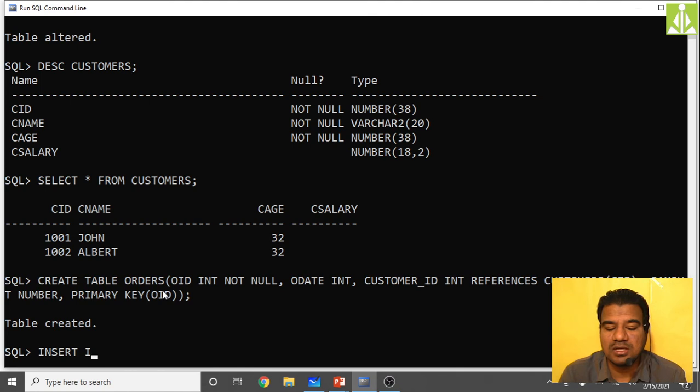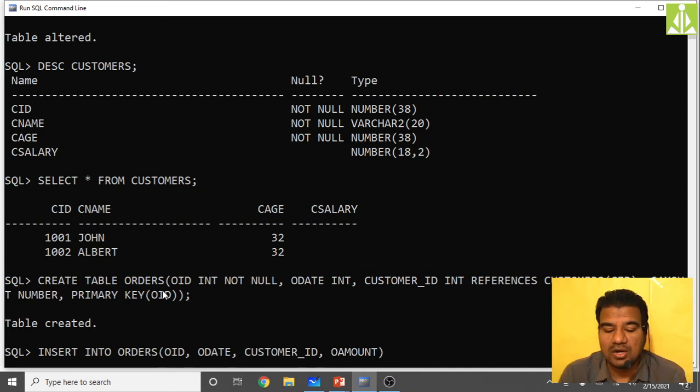So insert into orders. What all do I have to input? Order ID, because it must be placed, then order date, O date, then customer ID, it must be placed, then what else we have, order amount, O amount, that's it, last column.